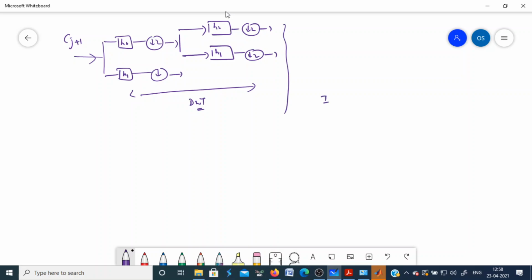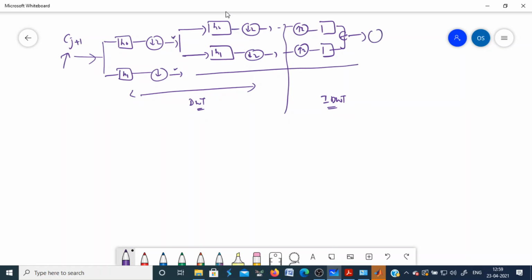And if you have inverse DWT, that is the reconstruction from these decomposed parts. In that case, these will be passed through two interpolators and then through two filters. The output is added together, and you will reach this coefficient. Now this coefficient and these detailed coefficients will again be upsampled, passed through the two filters, and you will get this output. So this is the inverse discrete wavelet transform.